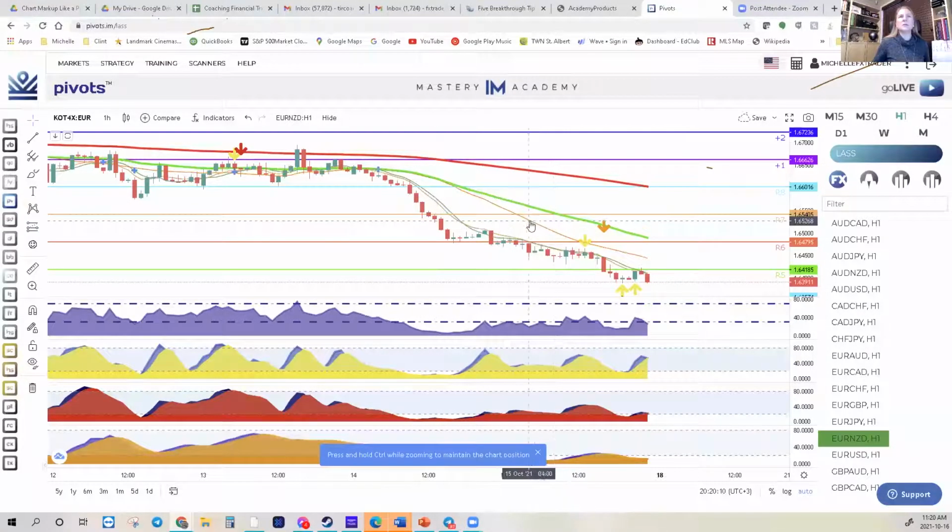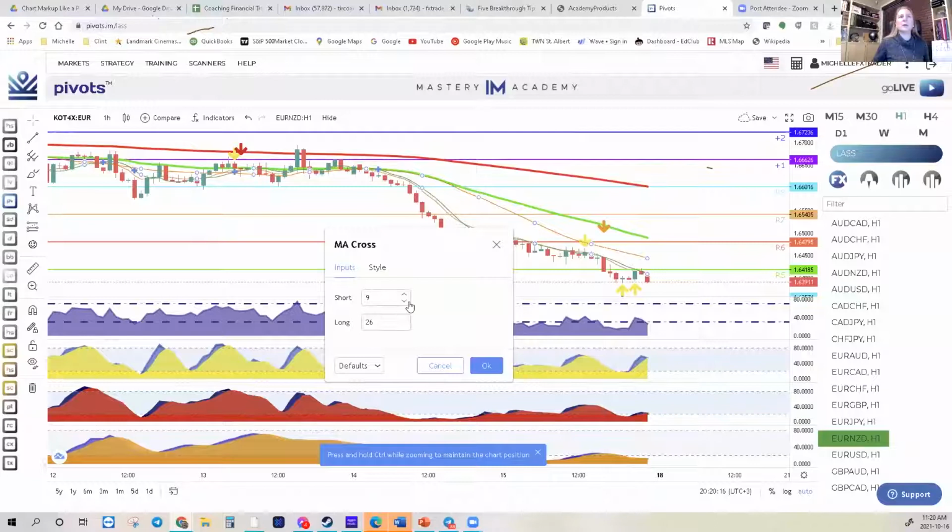So what you have to do, for me, I always go to a place where there's hardly anything here. I will double click and then it will come up, and then I can go ahead and change it to whatever it is that I want here. So for example, if I wanted to do a 4 and 21, and I always do the 21 first, guys, instead of